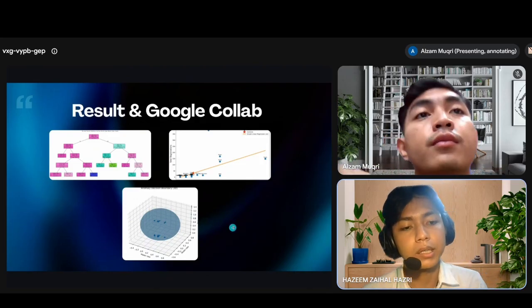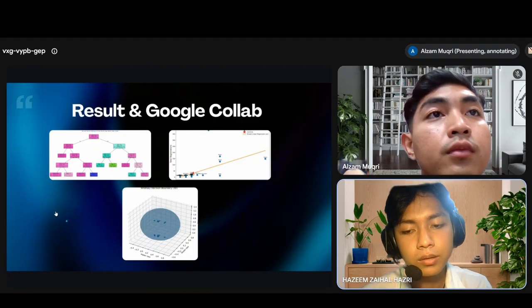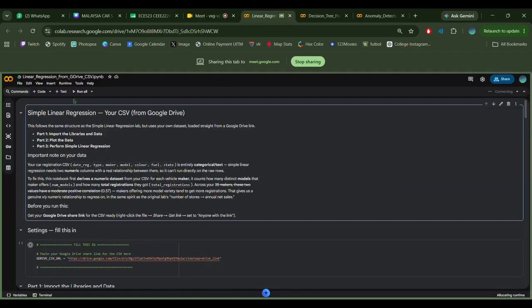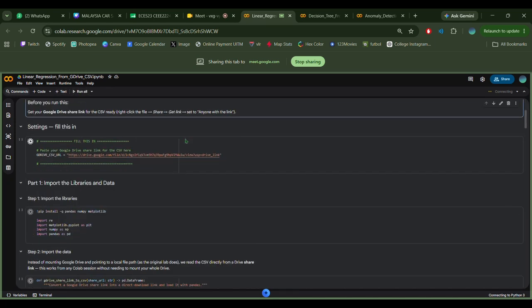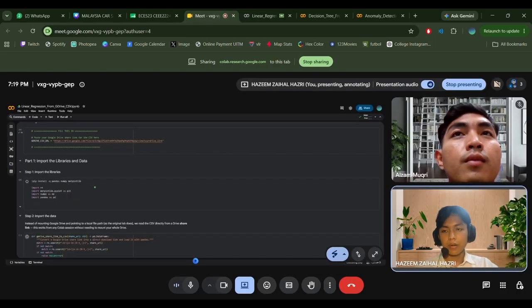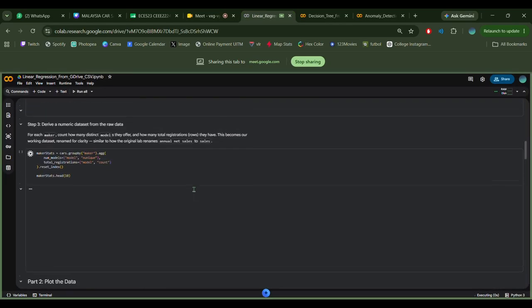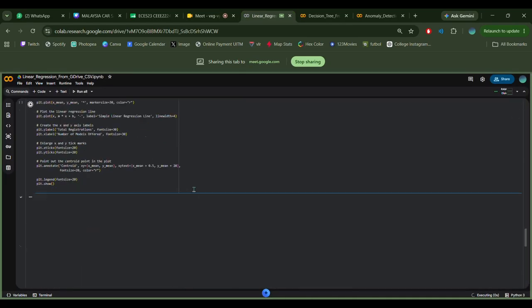I'm going to be presenting how the Google Colab works. So we just have to click run all, and it will run all the data from our CSV files that we have in our Google Drive, and it will create the graph.